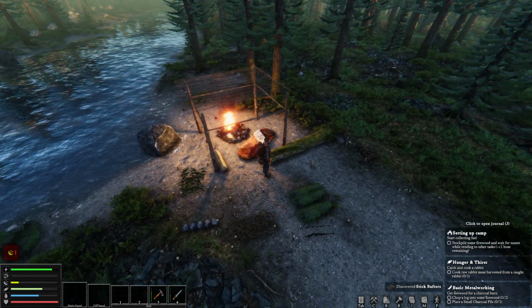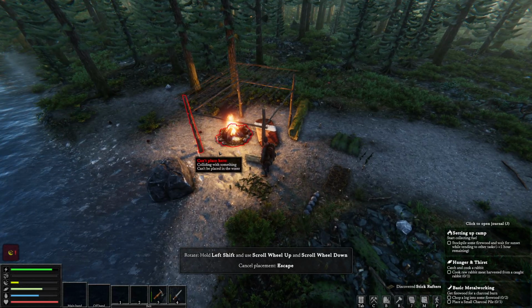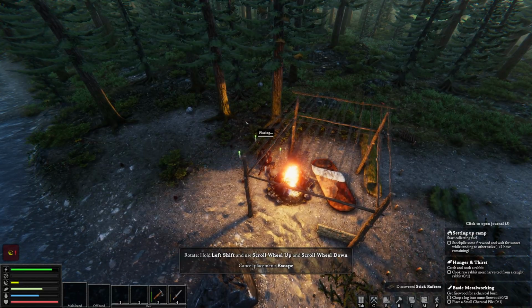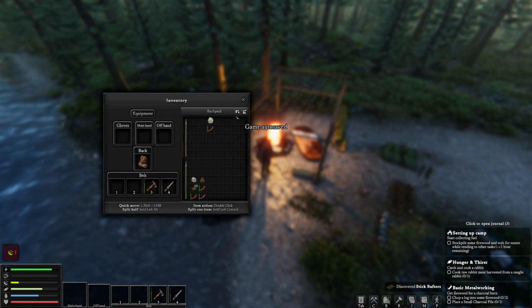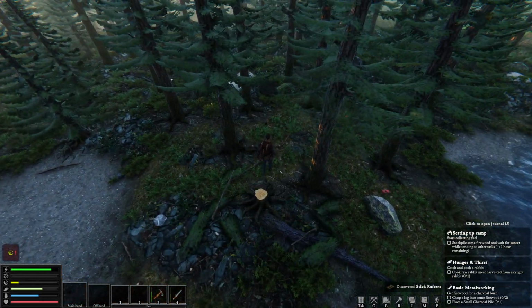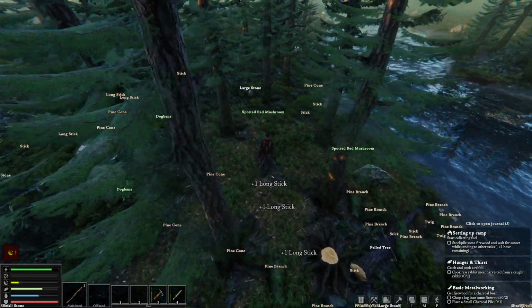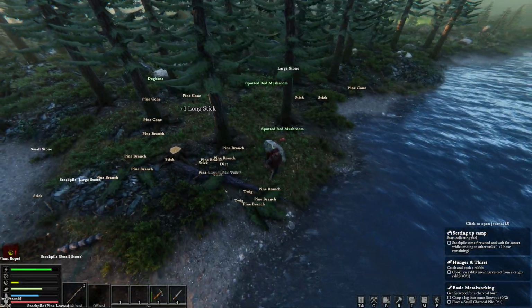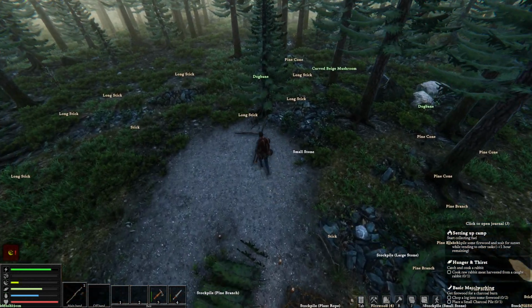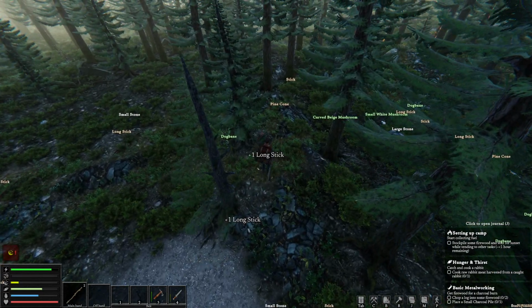And where is large stockpile? Man, this is all water here. It's kind of unfortunate. Okay. So we're going to be looking for long sticks. That is not going to be a problem because if we hit Alt, you're going to notice there's a lot of long sticks everywhere. This is not an issue that we're going to run into. A long stick here, and here, and here,